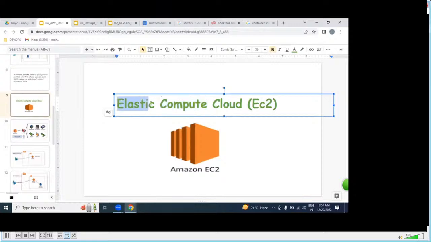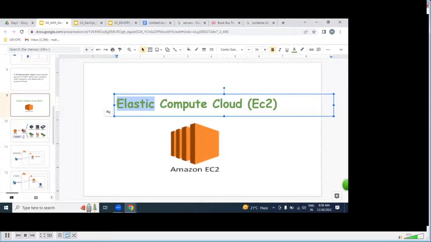In Elastic Compute Cloud, what does elastic mean? Flexible, expandable, increasing, decreasing. So we are getting a service from the cloud in a flexible way. This we call EC2.